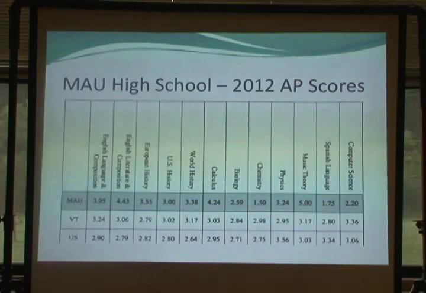The AP scores show again how our level of accomplishment grows up through the grade levels, and you can see that shaded area there for the MAU scores are some of the best in the state. It's really amazing how the calculus is 4.24, and the U.S. average is only 2.95, and also over Vermont at 3.03. So some great levels of accomplishment in these AP scores. So you can see that students are learning. It takes time to make that progress over the years, but we are seeing some really significant